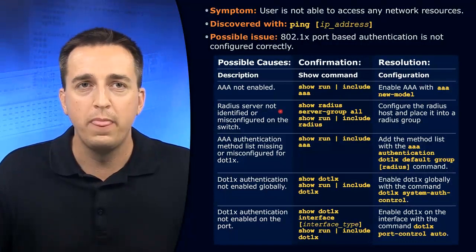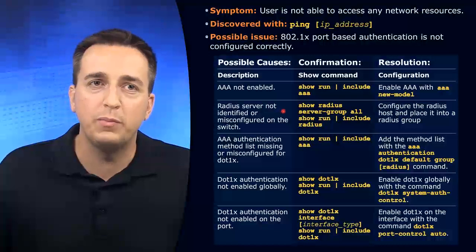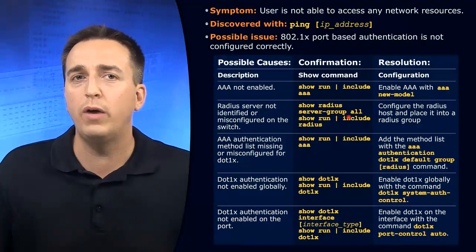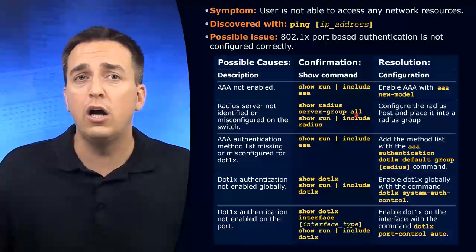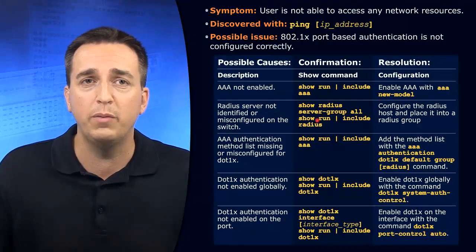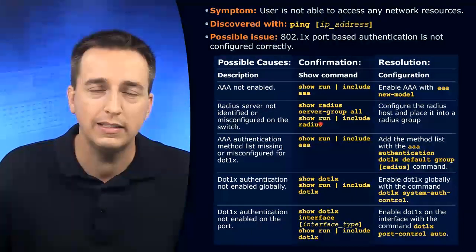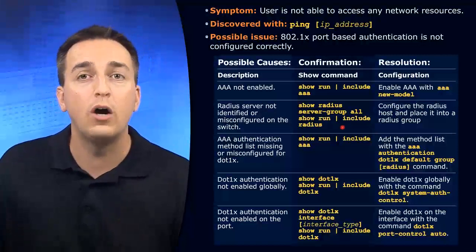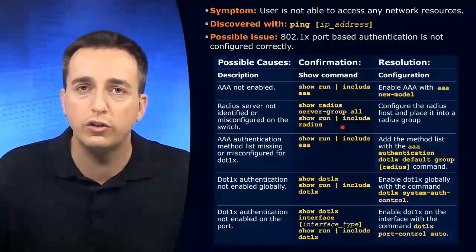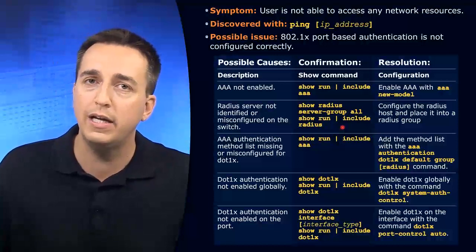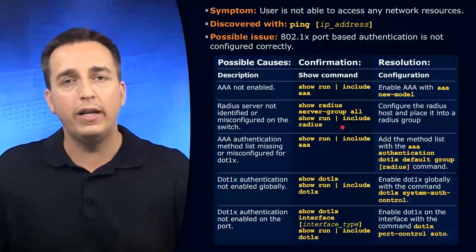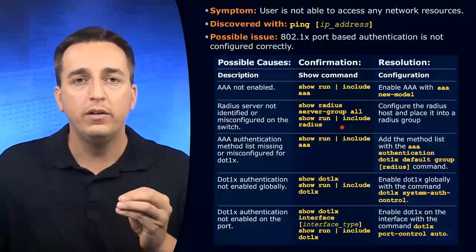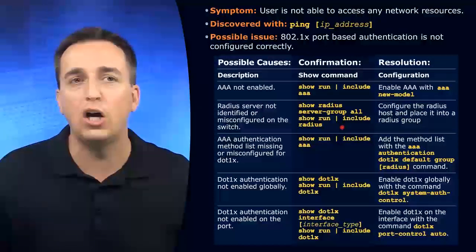access to the network. To verify if the radius server has been identified or not, you can use the show radius server-group command. You can look for a specific radius server. If you're not sure, you can use the all keyword. You can also browse the running config by typing in show run pipe include radius. And what you're looking for is the radius server that is going to be the one responsible for authenticating all of your users using 802.1x port-based authentication. So we have to make sure that the radius server is accessible. So make sure you ping it to make sure that it's going to be able to respond to those authentication